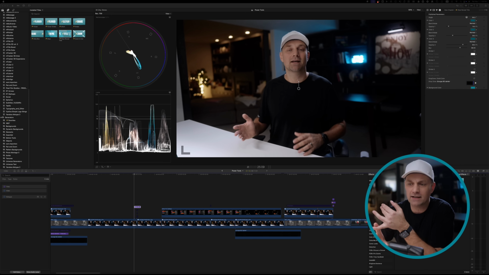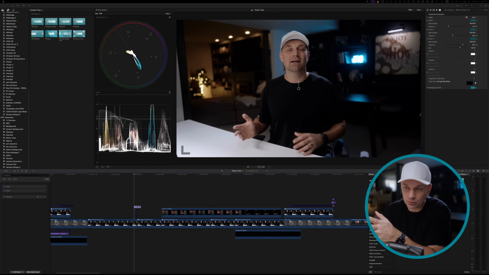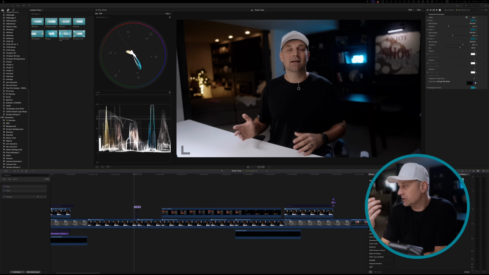Like, I don't think it had XML export. You couldn't do EDLs. You couldn't do anything that would share with any of the other applications that were so crucial to the pro pipeline. There was no way to send an audio mix or an EDL, edit decision list, to Pro Tools or any other application. There was no way to package these up. There was no way to share these,